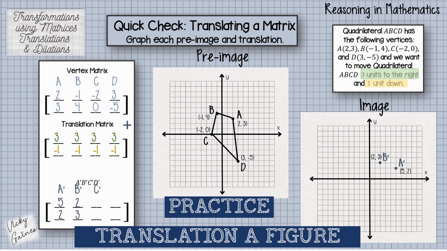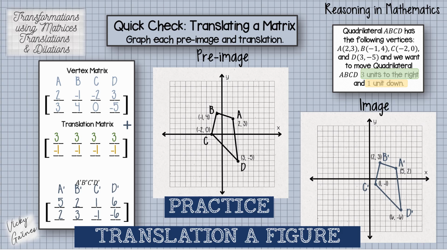Let's see, C prime, we're going to add -2 and 3, which is 1, 0 and -1, which is -1. So C prime is at the point 1, -1. Let's get to D prime. We need to add 3 and 3, we get 6, add -5 and -1 to get -6. There's 6, -6, and there it is after translating our pre-image, 3 units to the right and 1 unit down